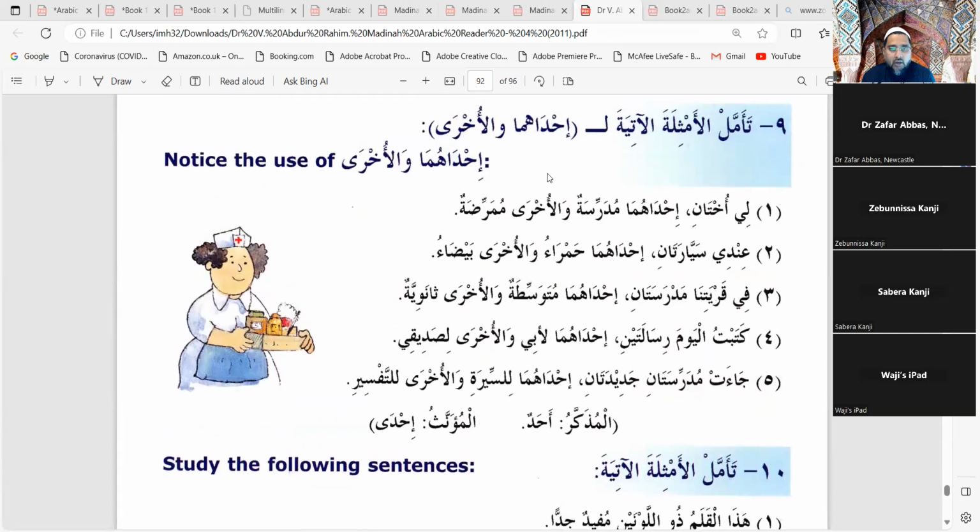So ihdahuma and wal ukhra is for females now. Sabira? Yes. Yeah. So